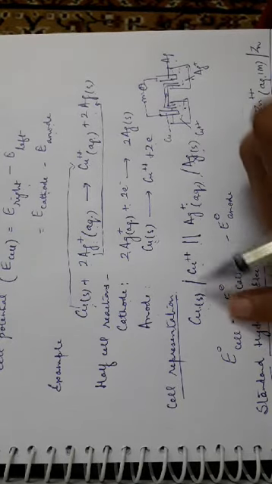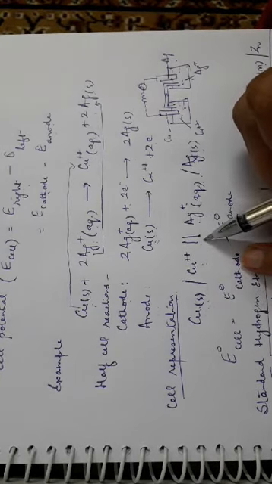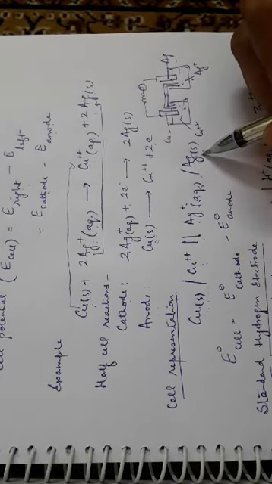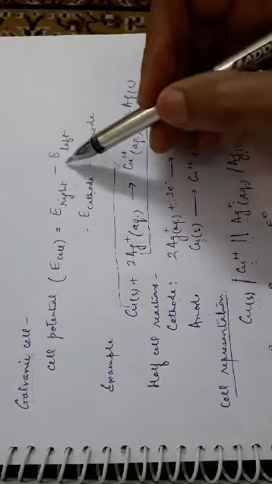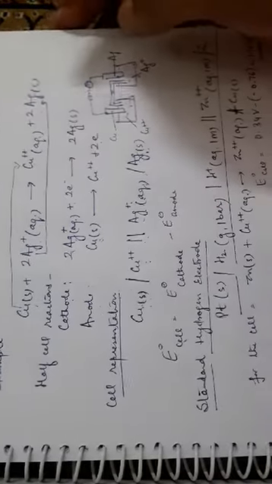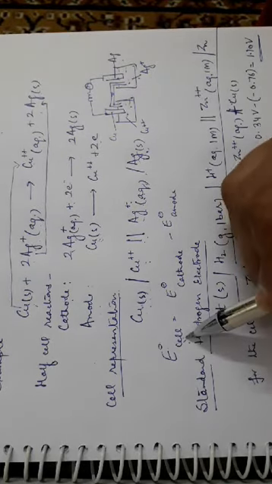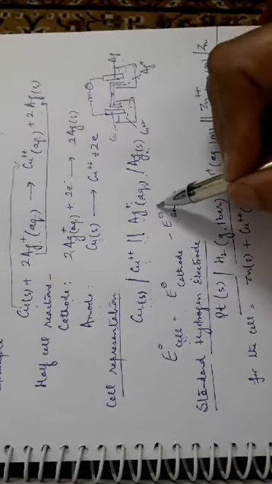Anode solid in contact with its own ionic solution, connected internally through the salt bridge to another ionic solution, and that ionic solution is also in contact with the metal solid. Now E naught cell for this will be written as we talked about: E cell is equal to E right minus E left. So if the concentration of all the species is unity, we can convert it to E naught cell, the standard electrode potential, that is equal to the standard electrode potential of the cathode minus the standard electrode potential of the anode.